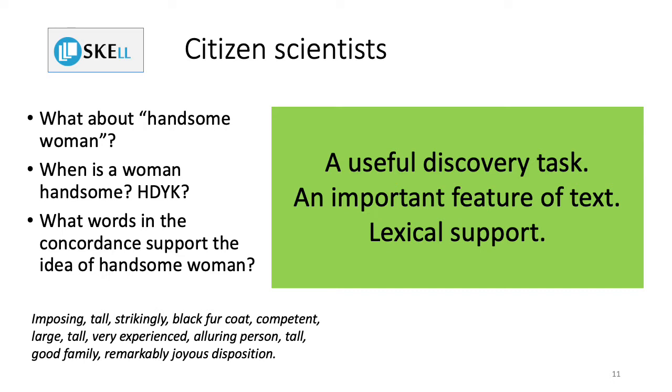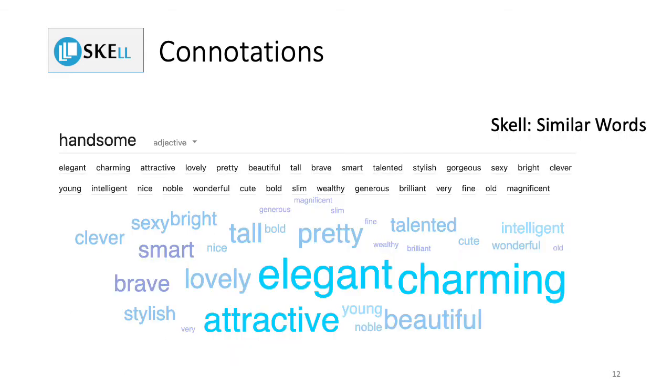So this is called lexical support, and asking students to look not only at the example sentences, but asking them specifically to find words to the left and the right of their search for items that support the actual concept is a very useful task. We can also use SkELL to look at connotations. This list of words was generated by SkELL when you choose similar words. It's one of the 3 tools. They are not all lists of synonyms, rather they're words that are used in the same sorts of cotexts.